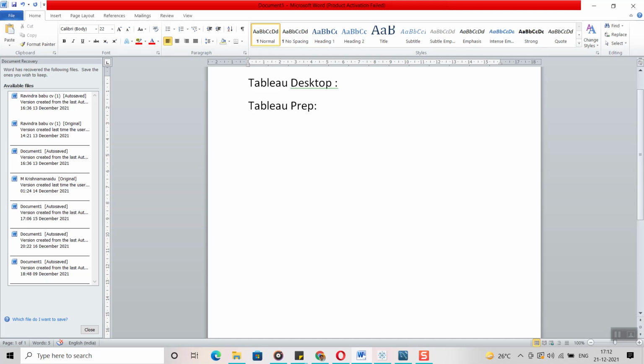Those applications help in real time to connect different kinds of client source systems, and they do some cleanup activities, and finally they load the cleaned data into a data warehouse.